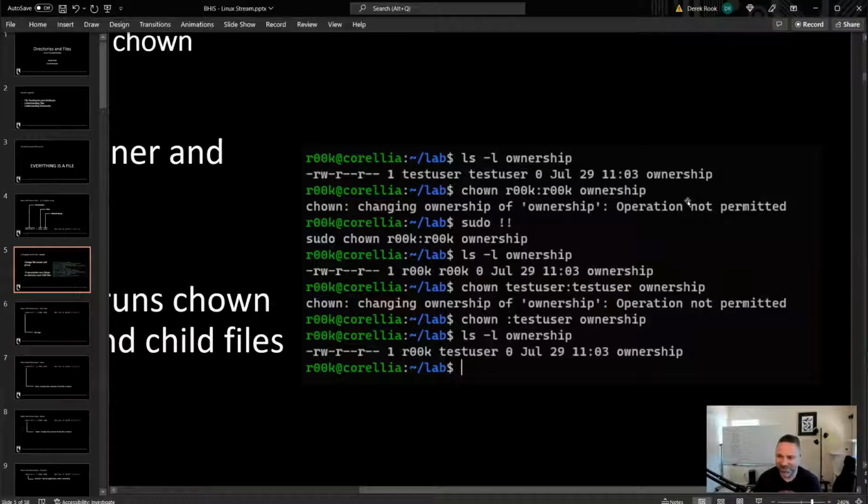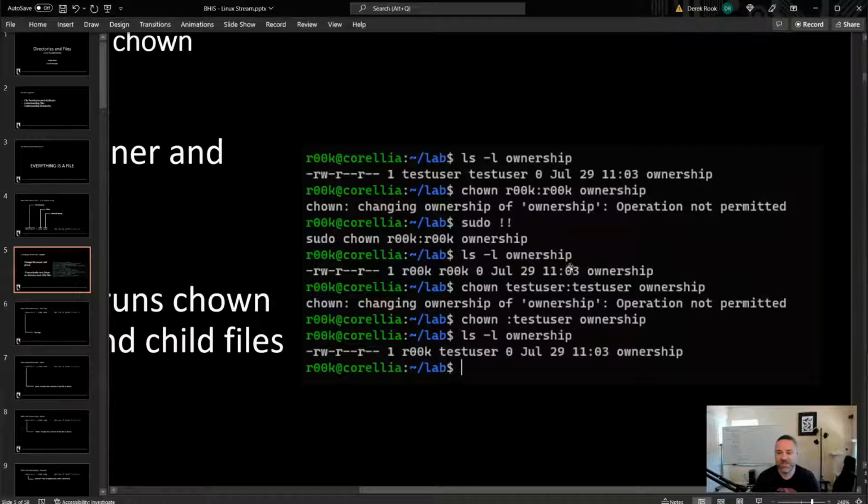This is a convoluted screenshot that I'm going to replace, and it's making a point about sudo and stuff that we cover elsewhere in the class, but don't worry about that right now. What we're doing is changing the ownership to root and root. And when we look down here after we do the sudo nonsense, you can see that the ownership has changed from test user to root.